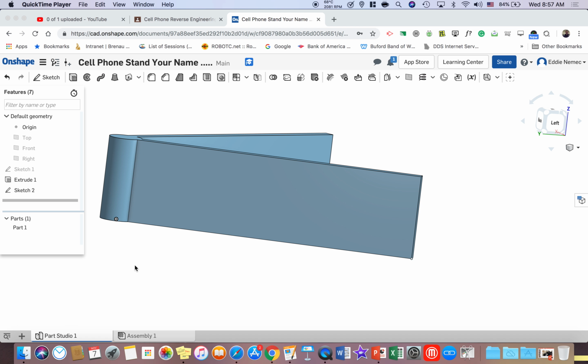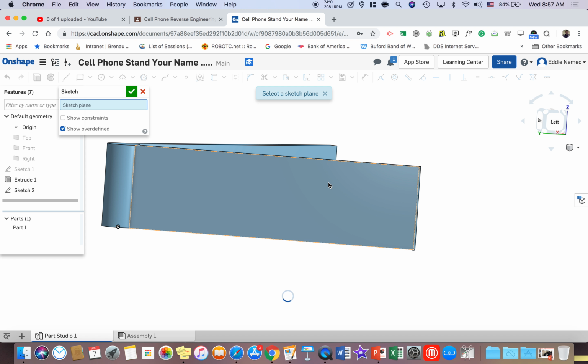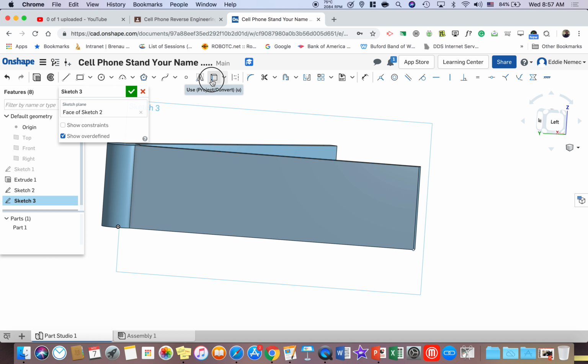All right, your next step is to take the numbers that you've measured for the X and Y for all the corners of the cell phone stand and draw it onto this face right here. So what you're gonna do is go Sketch, left click on this face, and I would encourage you to go ahead and use the Use tool and click on the point down here just in case you can't draw a